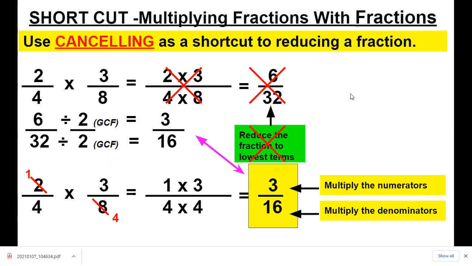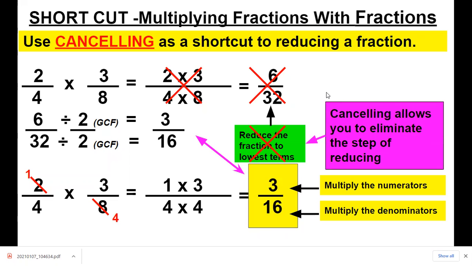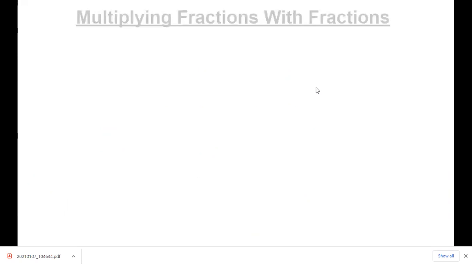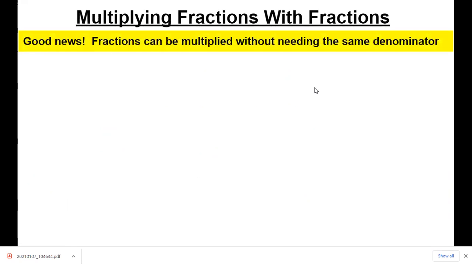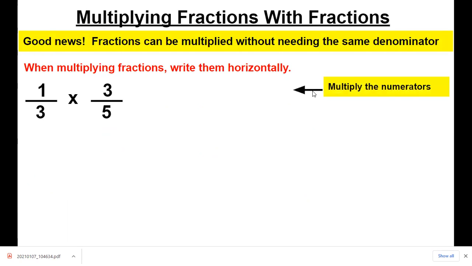So I'm going to show you that method again. Canceling allows you to eliminate the step of reducing. Okay, here we go, seeing it again. So we're going to write them horizontally. 1/3 times 3/5. First, I'm going to show you the regular method, then I'm going to show you the canceling